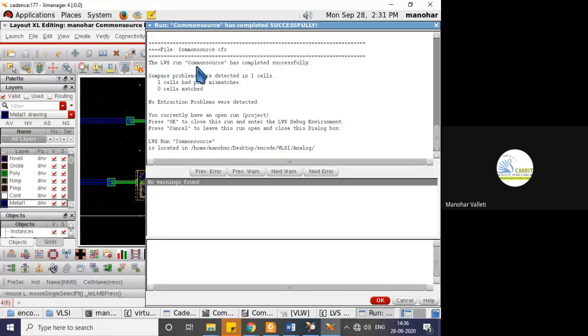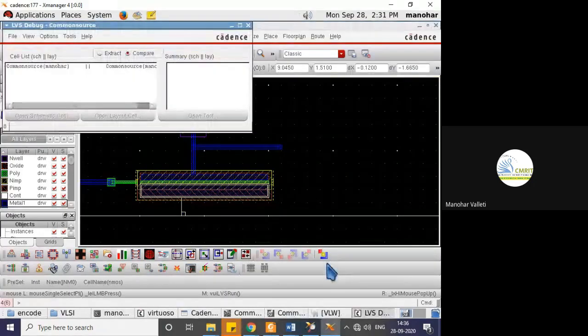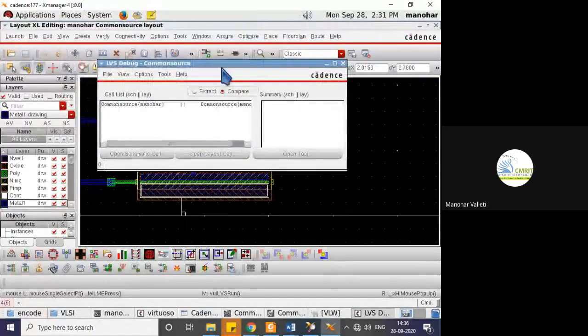See, it has completed successfully. One cell has pin mismatch. That will also show here. Automatically the window will open, showing common source and common source.